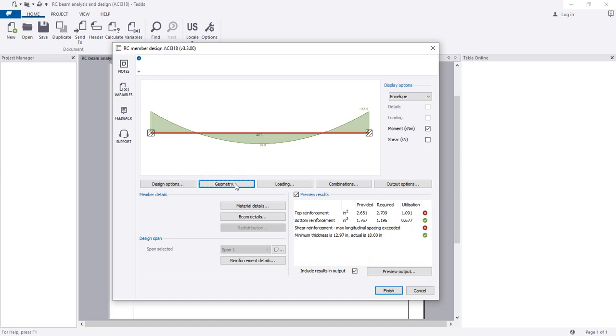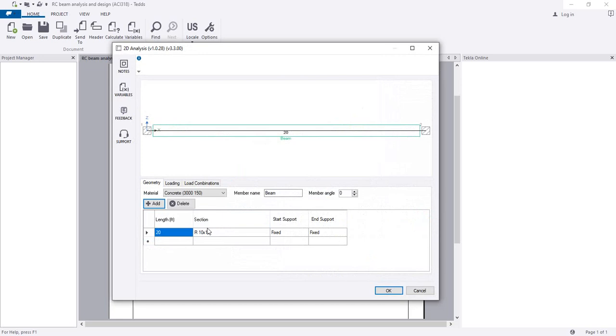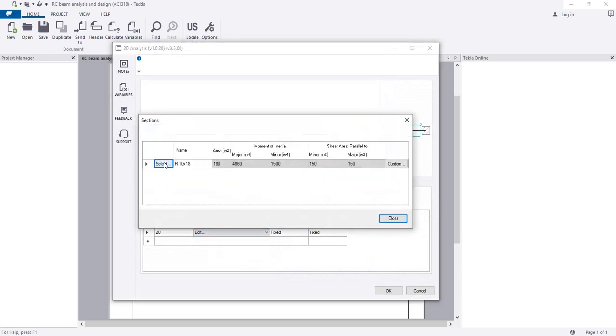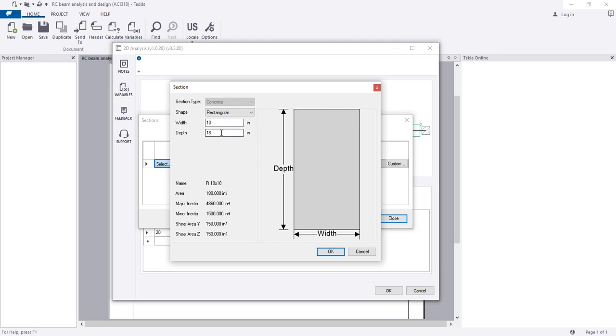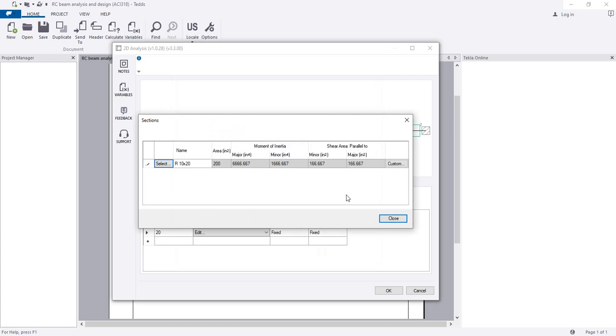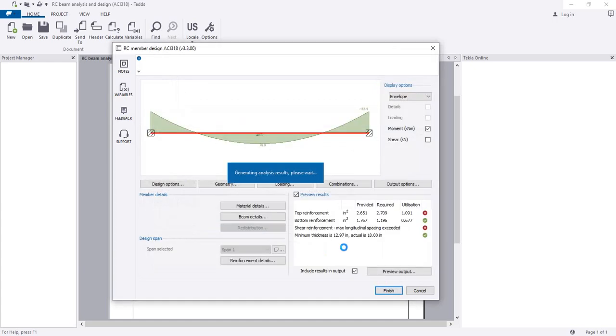So what I'll do, again I'll go to geometry, then change here, edit and select, and from here if I go for 20, then close, then okay. Now see what happened. So we are not able to use that section, because for that section our top reinforcement is too close, and our shear,